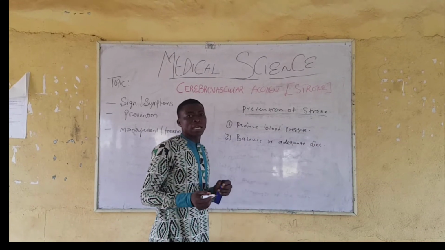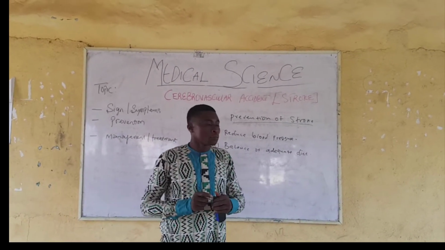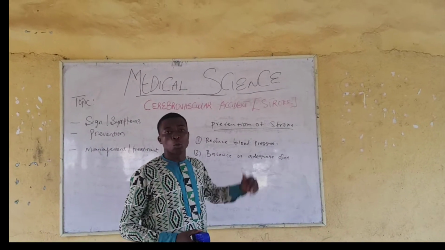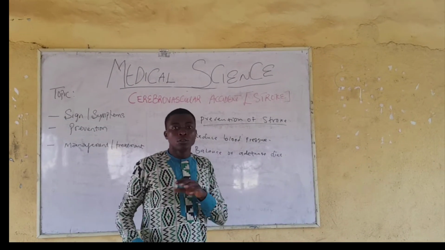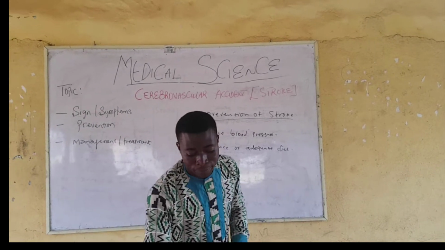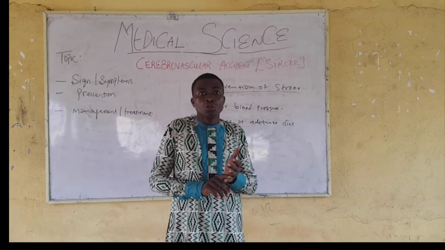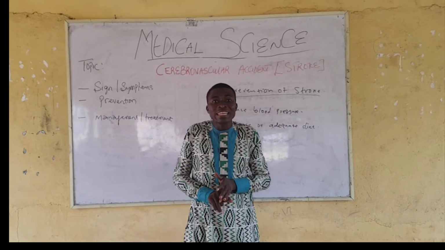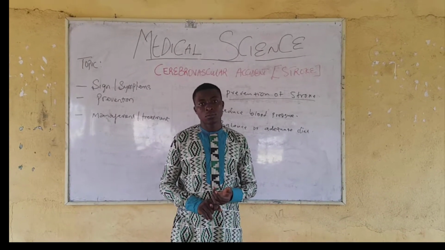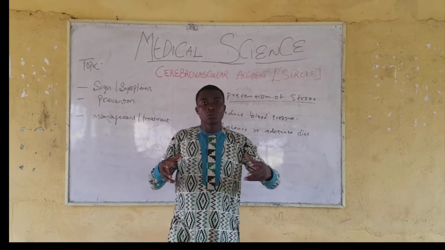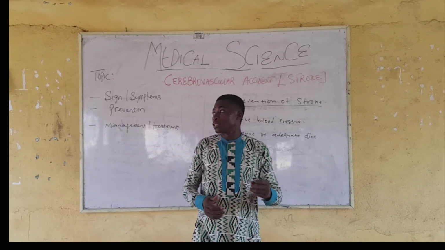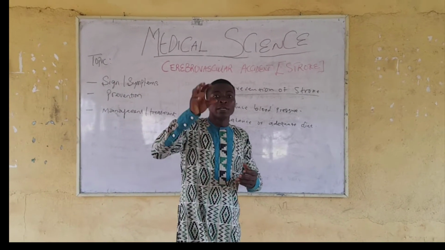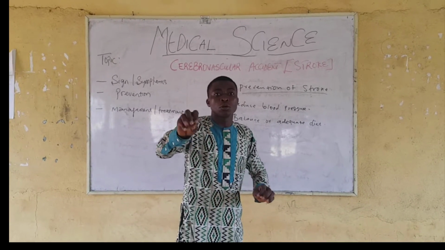This is another important measure of preventing stroke. Now, in this balanced or adequate diet, you are going to avoid many things. You will not consume food that is highly rich in cholesterol, to avoid what? Forming a clot, to avoid stenosis, to avoid atherosclerosis. And you have to do what? Reduce intake of what? Much salt.